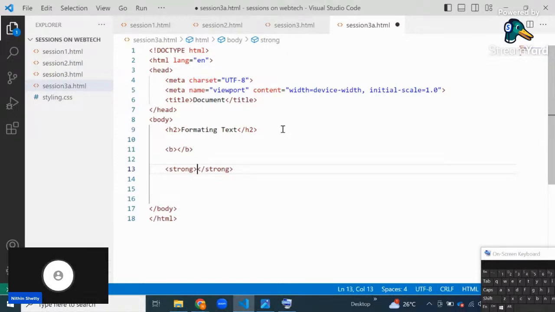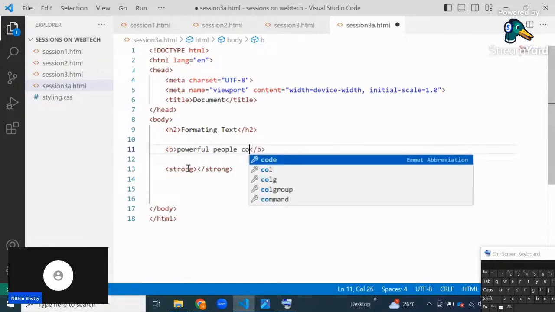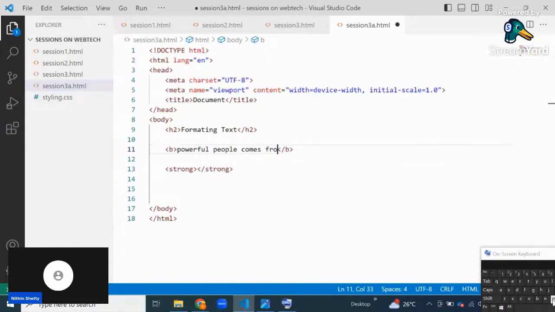I'm asking for dialogues, and you guys are hesitating to reply. Can I get it now? Let's have a powerful dialogue. Yes, good one, from KGF. Powerful people